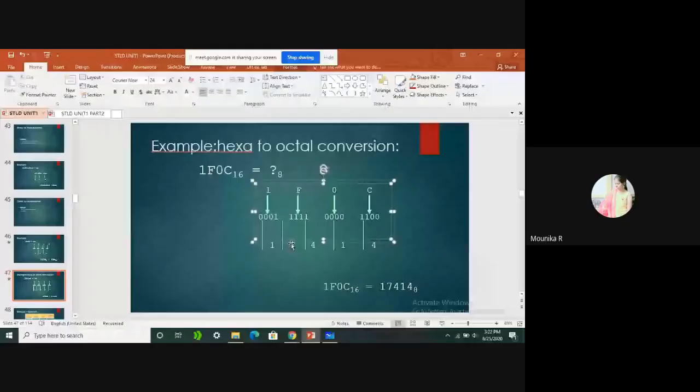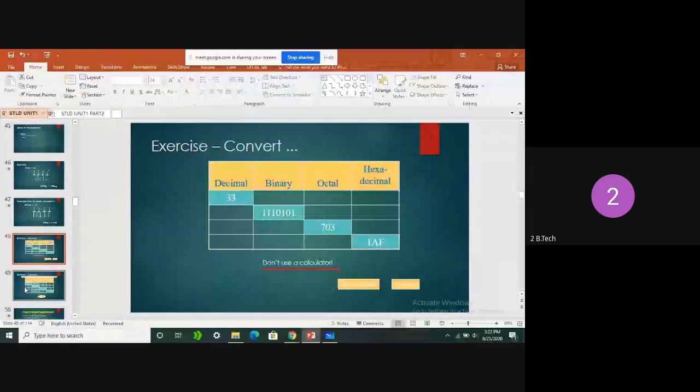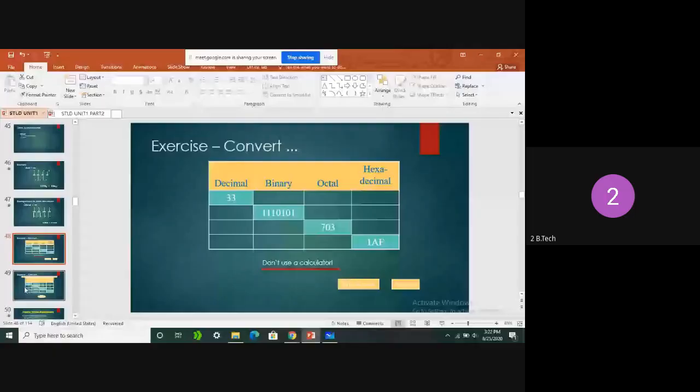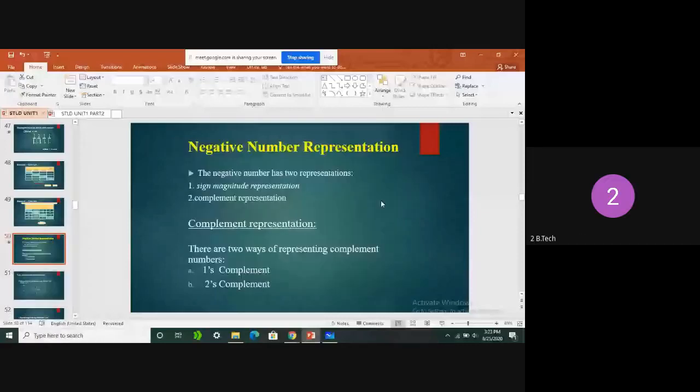Hello? Yeah, sir. Okay, fine. Students, tomorrow we can do this one. Everyone take a screenshot: 33 is given as a decimal number. We need to convert it into binary, and thereafter convert it into octal and hexadecimal. In binary, one number is given. All of you can do this exercise at home, and tomorrow at the start of the session, I will ask each and every one of you to present your answer. Clear? Yes, sir. Okay, sir.